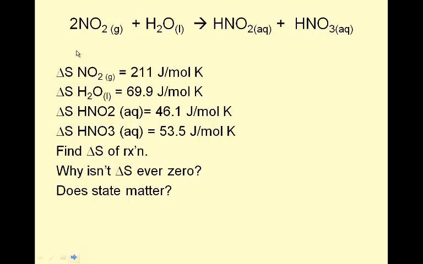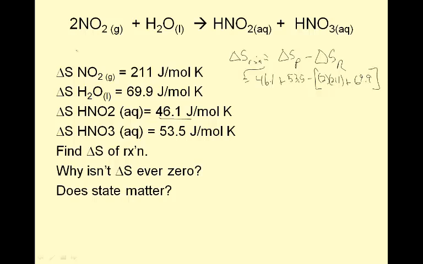So here's an example of it. Find delta S of the reaction. Delta S of the reaction equals delta S products minus delta S reactants. So my products are HNO2, I need to see if it's balanced. Oh, look, they balanced it for me. Isn't that nice? So my products are HNO2, 46.1, plus HNO3, 53.5, minus bracket 2NO2, so 2 times 211, plus water,